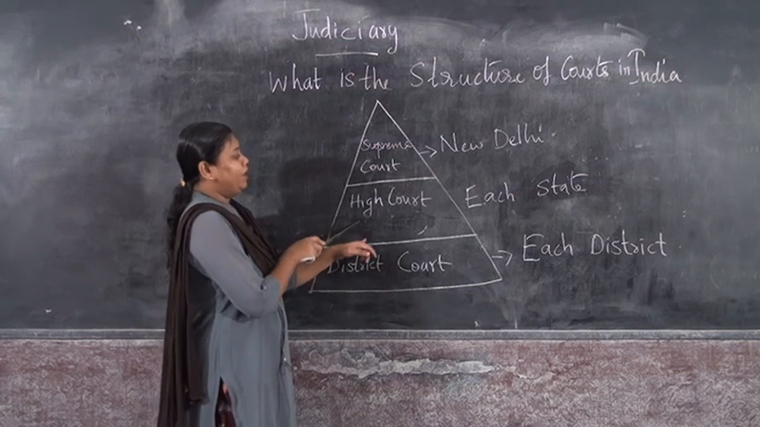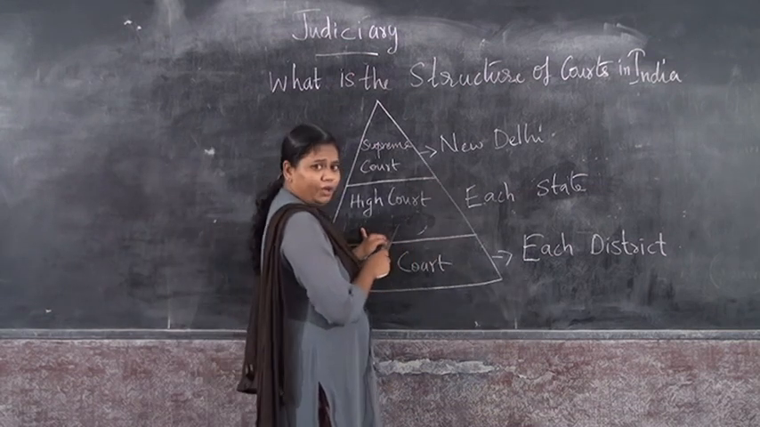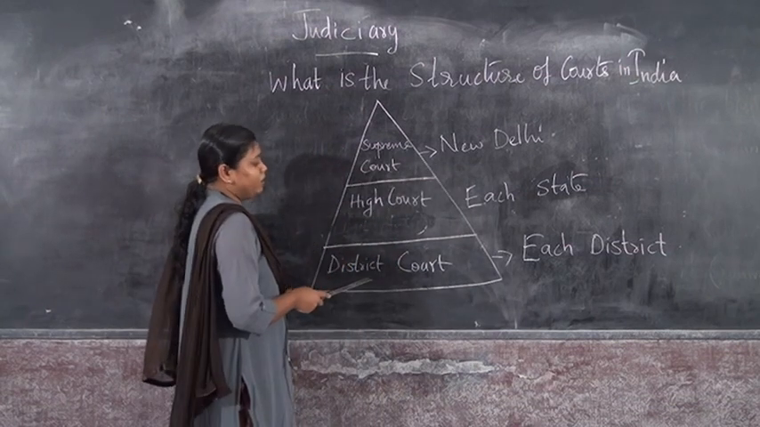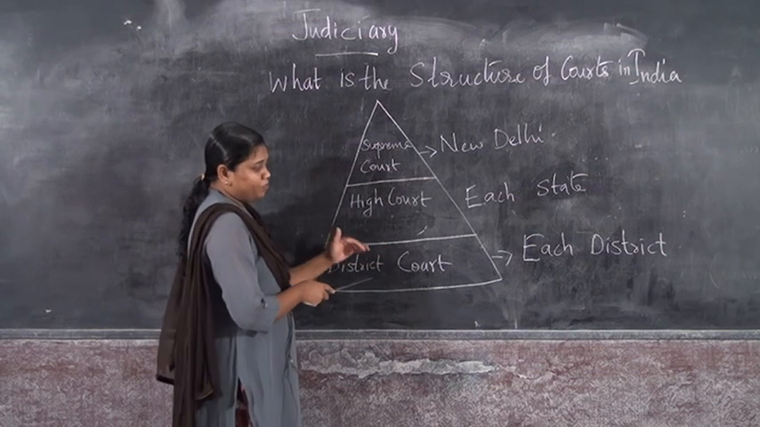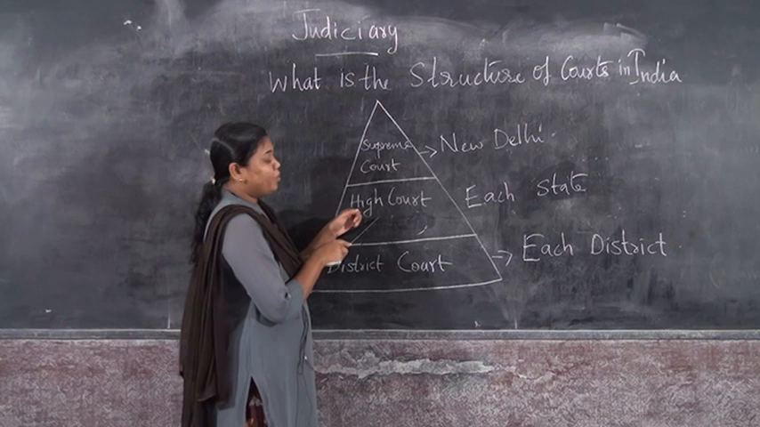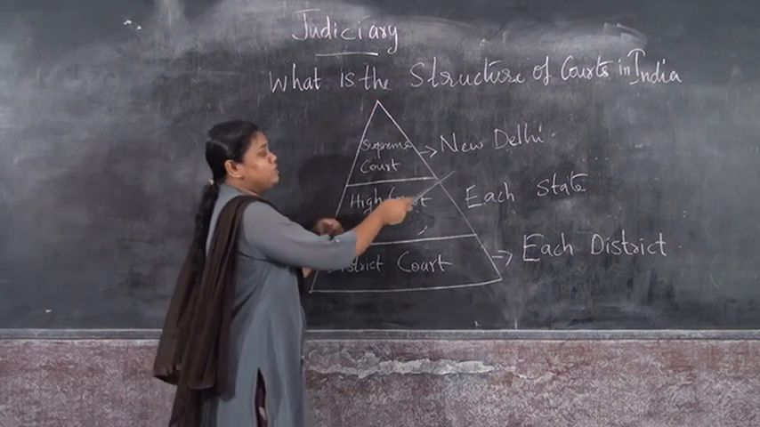Next is the high court. In each state there is a high court. Above the district court, the high court is where we can approach if we do not find a solution. And there is the supreme court, the final court, situated in